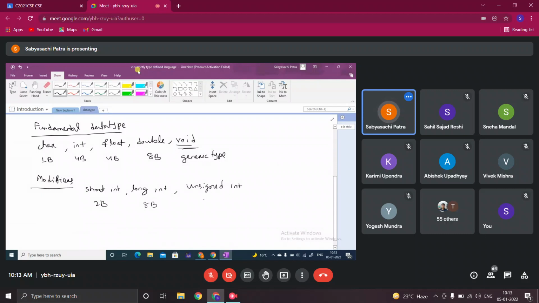Long integer, you can go up to 8 bytes. And unsigned integer means there is no positive and negative value; only positive values are considered. That means there is no sign. So if you have a 4-byte unsigned integer, then the range will be from 0 to 2 to the power 32 minus 1. Is that clear?